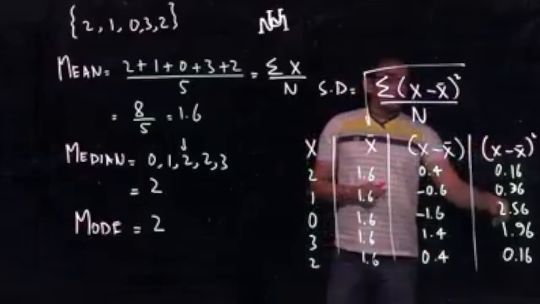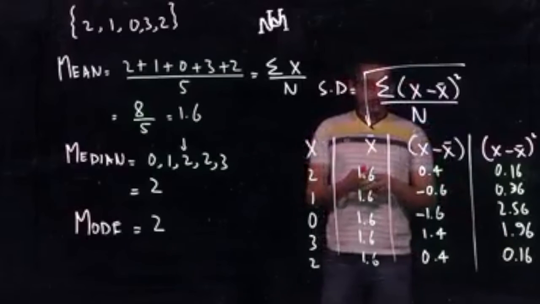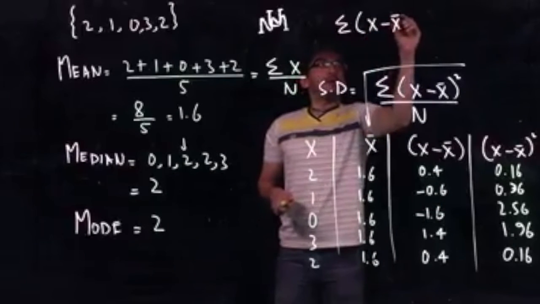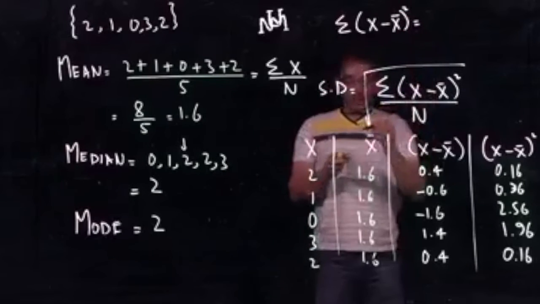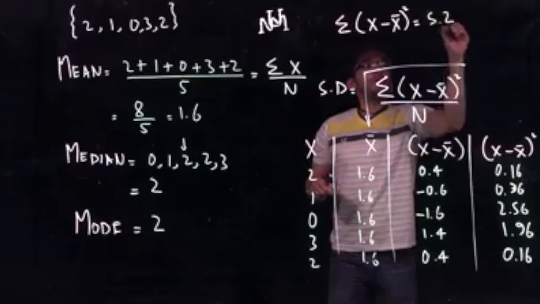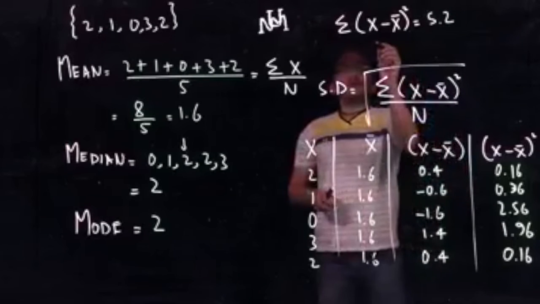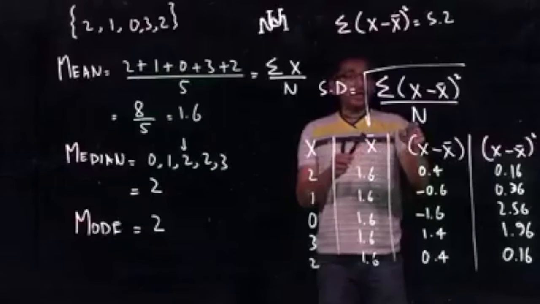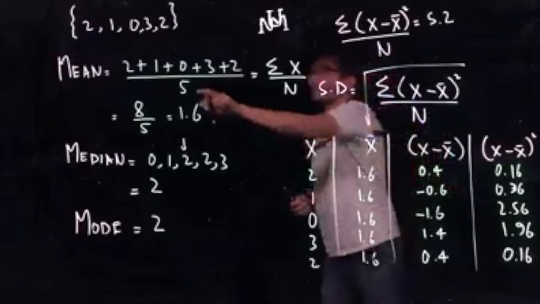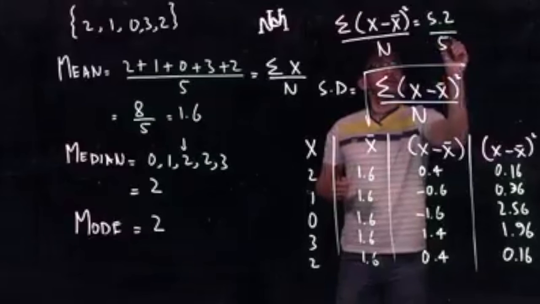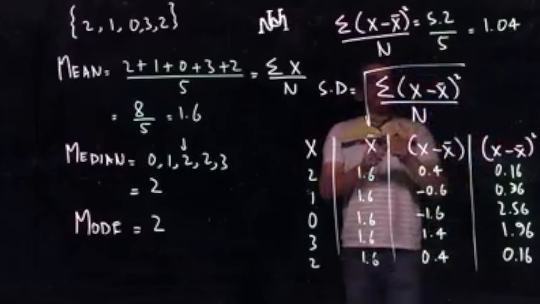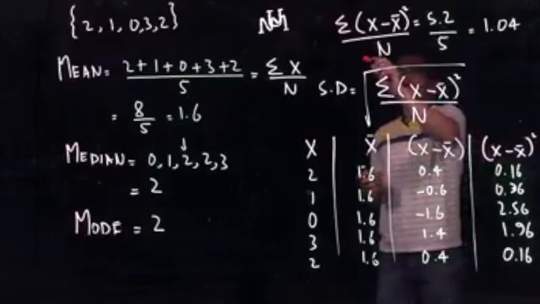So the next step is to add all of these numbers up, because there's a summation sign over here, and we're going to do that. So our summation of (x minus x bar) squared, when we add all of these numbers, comes out to be 5.2. After this, we need to divide this number by n. n in our case remains the same, 5, which is the total number of observations. We get 1.04. So the final step is to take the square root of this number, 1.04,